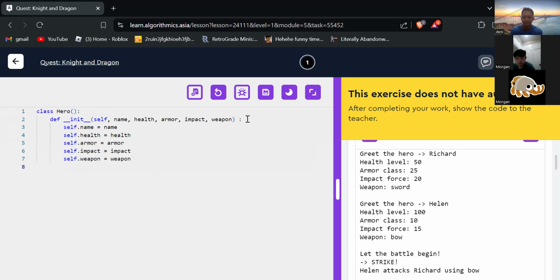Please make it move forward. The method should be inside the class, Morgan. The method should be inside the class. Okay, that's good. But why do you always forget the colon, Morgan? Why do you always forget the colon?